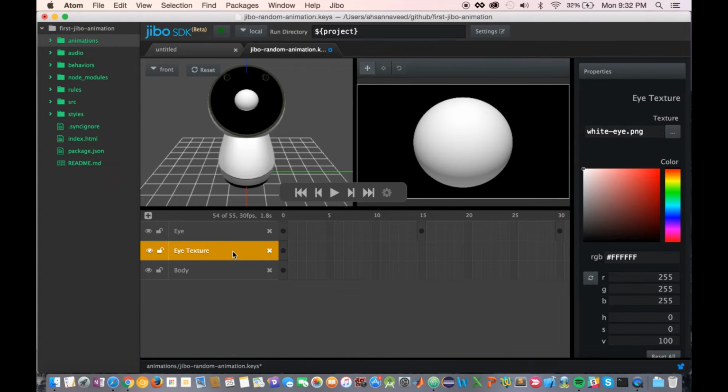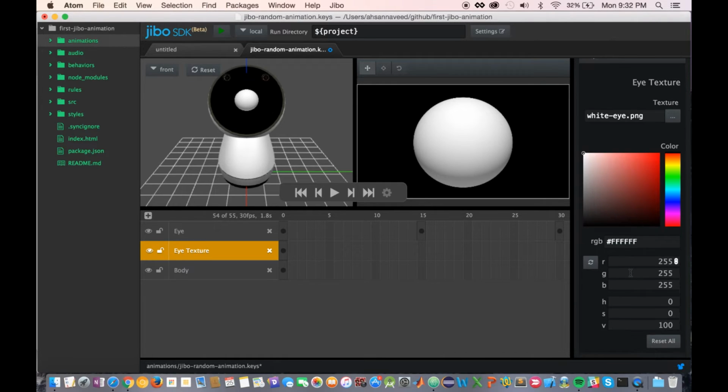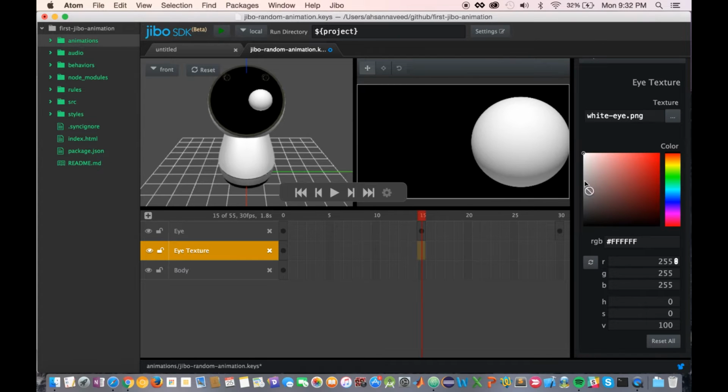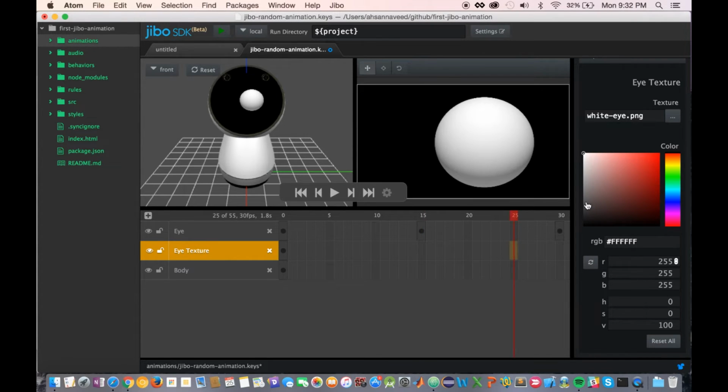Now we can change the texture of the eye. We could make it from slightly blue to red, depends on what we want. Anything in this color spectrum that we see here we can use. So we'll change the eye ping to a little red, so we got a little red, and that looks cool,